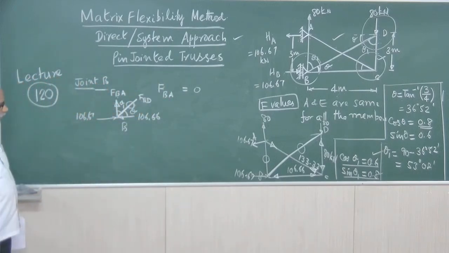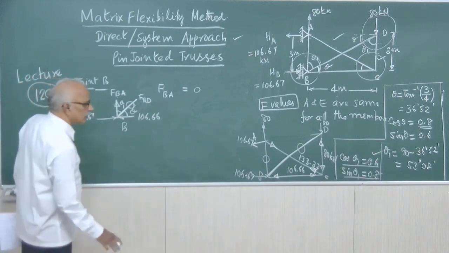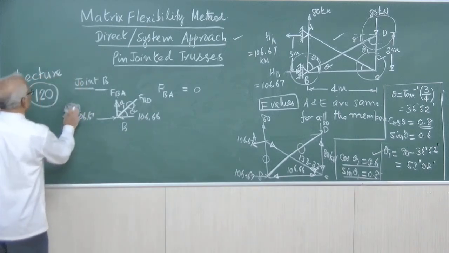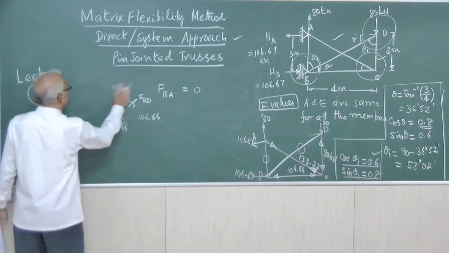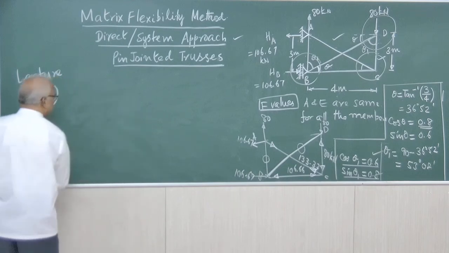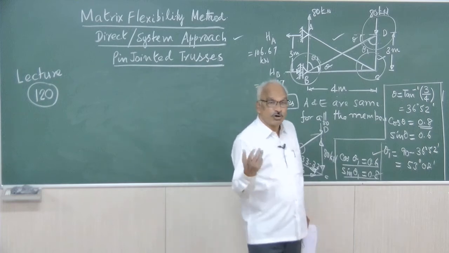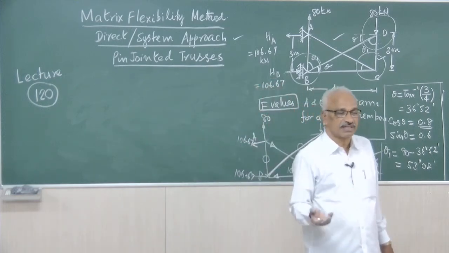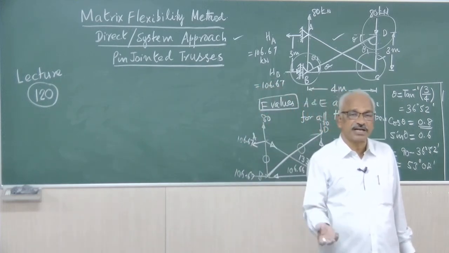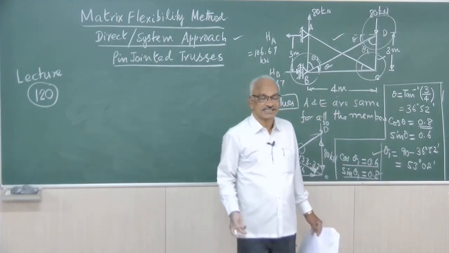We have completed all members excepting the redundant member. We have completed the force in all. So there are 4 joints. When you analyze 3 joints, you will get all the forces. Therefore, that's about determination of the values of F. Next, so this is the force in various members of the primary structure or determinate structure due to the given system of force. That is on the right hand side.